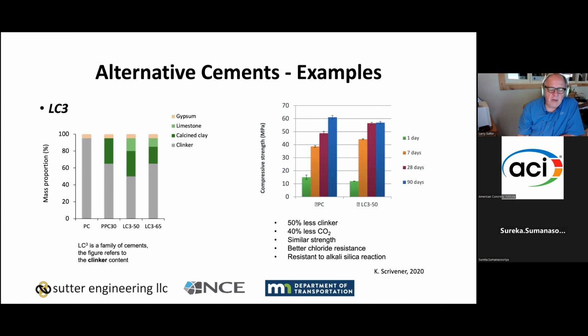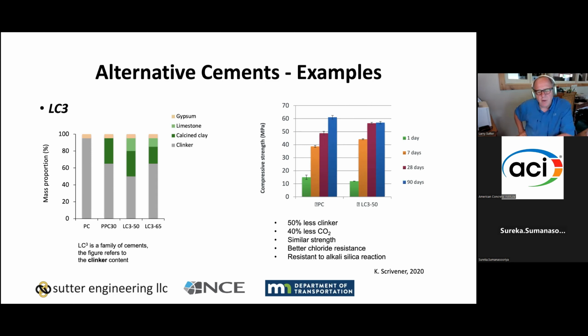And again, I just want to talk about the LC3. We were not able to get LC3, or an LC350, for example, into the study, but we're hoping in future studies we can. But we were able to use the PPC30 as shown here, which is basically, as I said earlier, a C595 1P30, so 30% pozzolan. The difference is that the pozzolan here, unlike what you typically see with 1Ps, is fly ash; in this case it's calcined clay, which is a very interesting material.